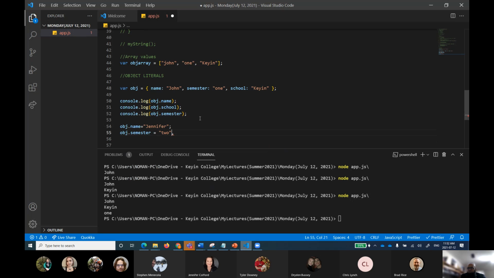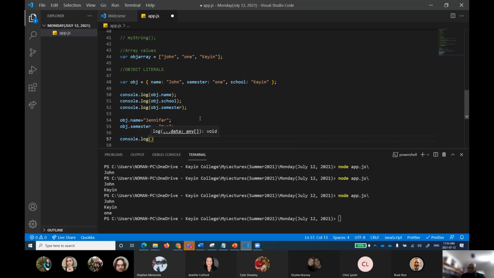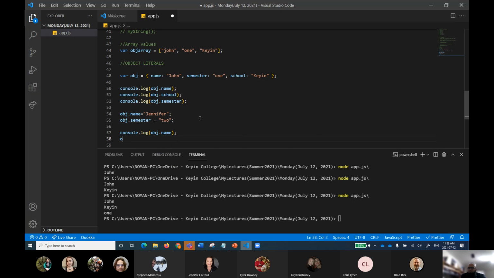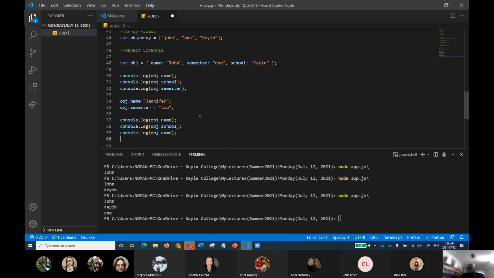So I'm just doing these 2 things. Now if I print console.log and I say obj dot name, same way copy and paste this one, obj dot semester or school. We can take the third value, like semester as well, so that we know what is going on. Can you guess what will be my output now?